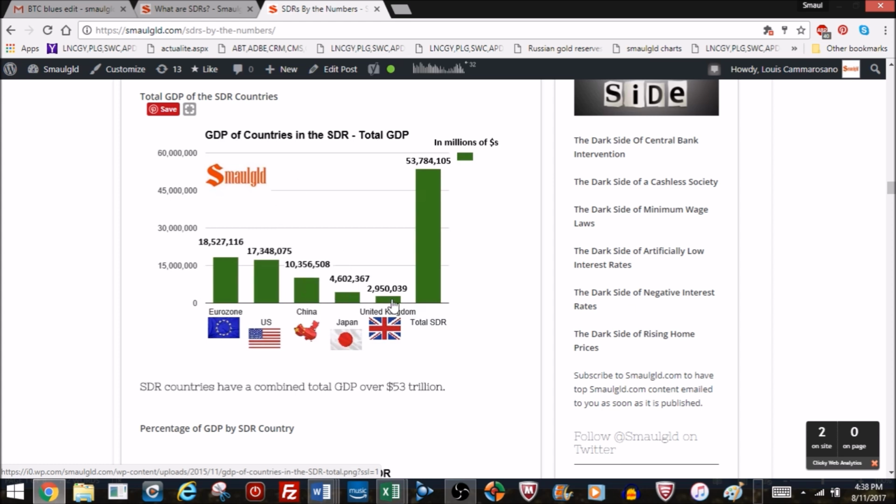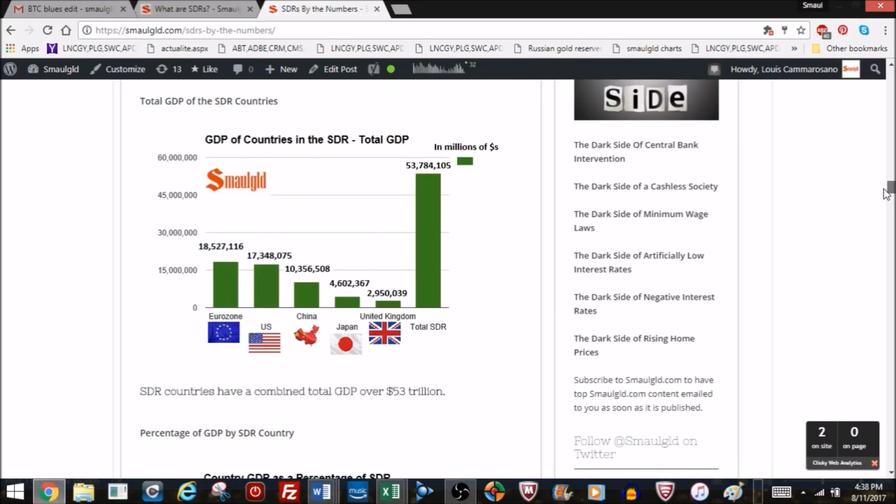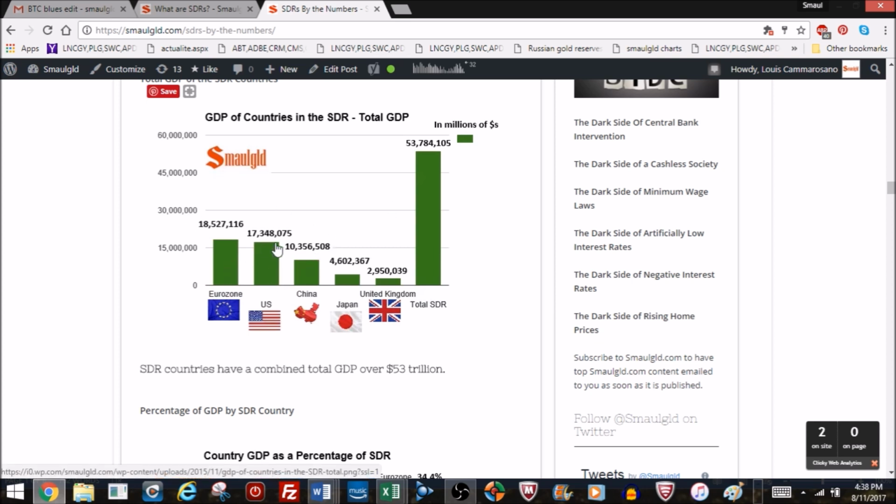So until this dynamic changes, until you see the Silk Road countries, the BRICS countries moving up. I have another one, the BRICS by the numbers, but it's not on here. The BRICS countries don't approach these numbers yet. And if you strip China out of the BRICS, then it's really only Russia, India, Brazil, and South Africa. And Brazil and South Africa don't have that high of a GDP, nor does Russia. And India, surprisingly, for the size and the population, is also not that high. I'll put those up. Maybe I'll do another video on SDRs, BRICS by the numbers, and I'll update those charts.